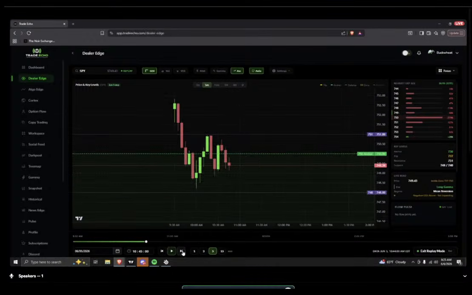So there's more downside. I'm not telling you this is a way on how you should get in. I'm not saying, oh, if it goes below 750, enter puts. I'm not saying that. Just